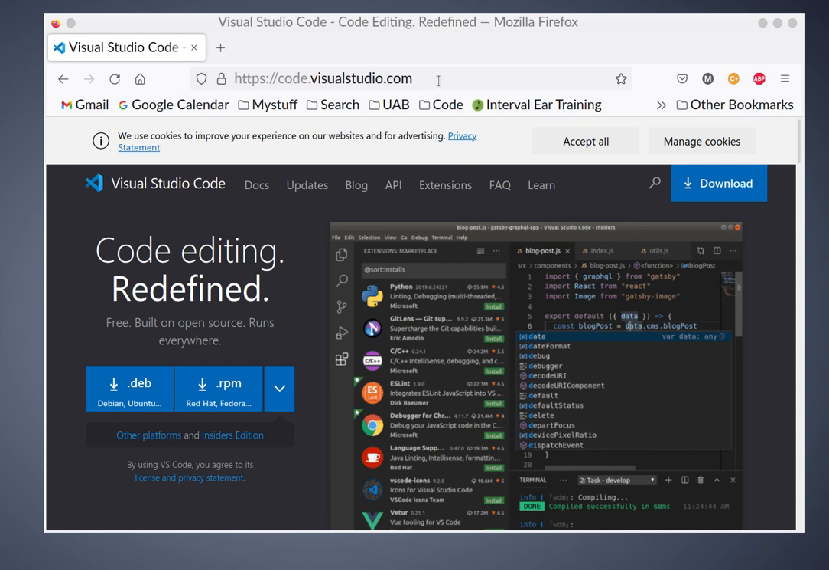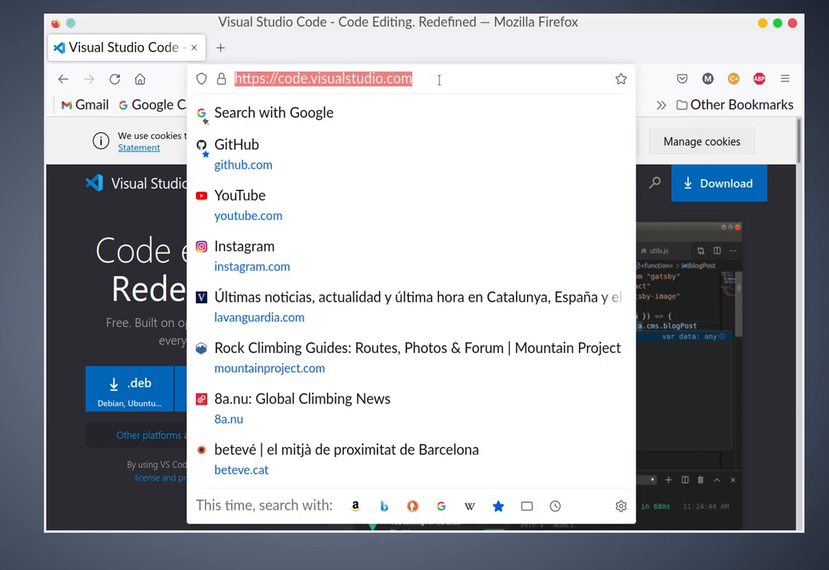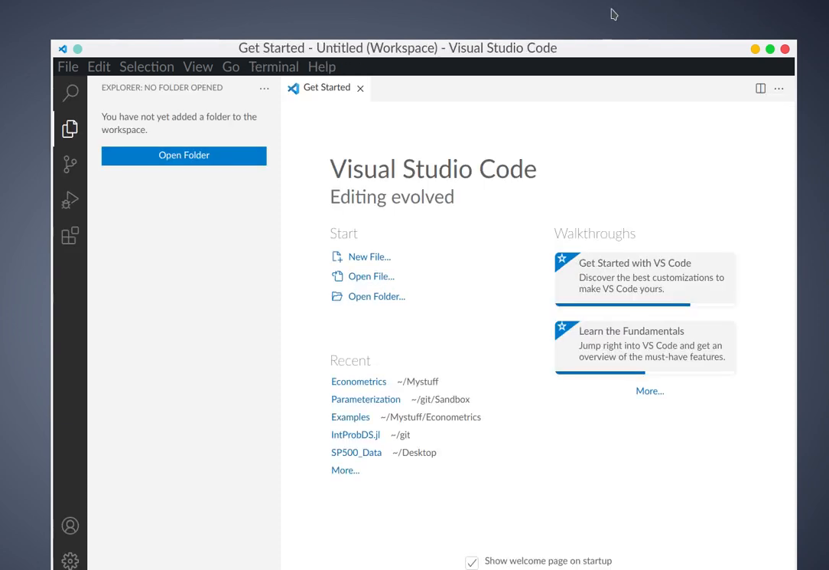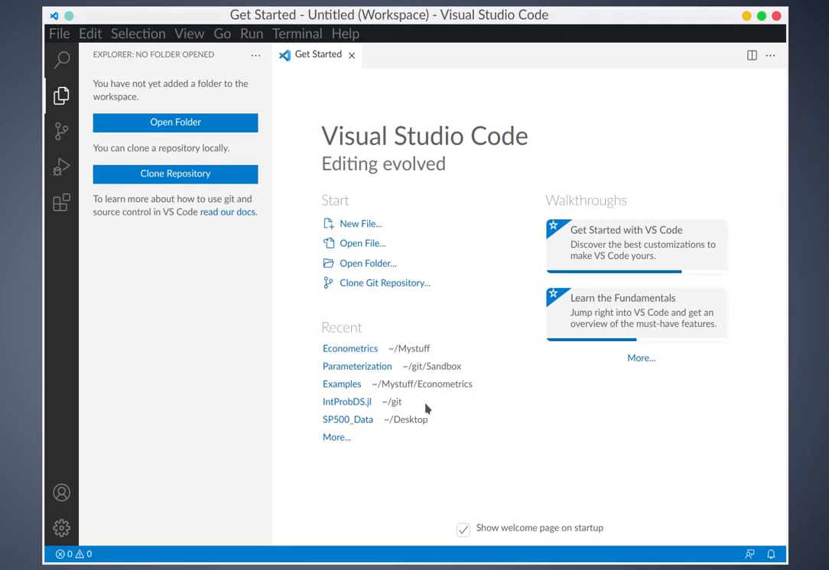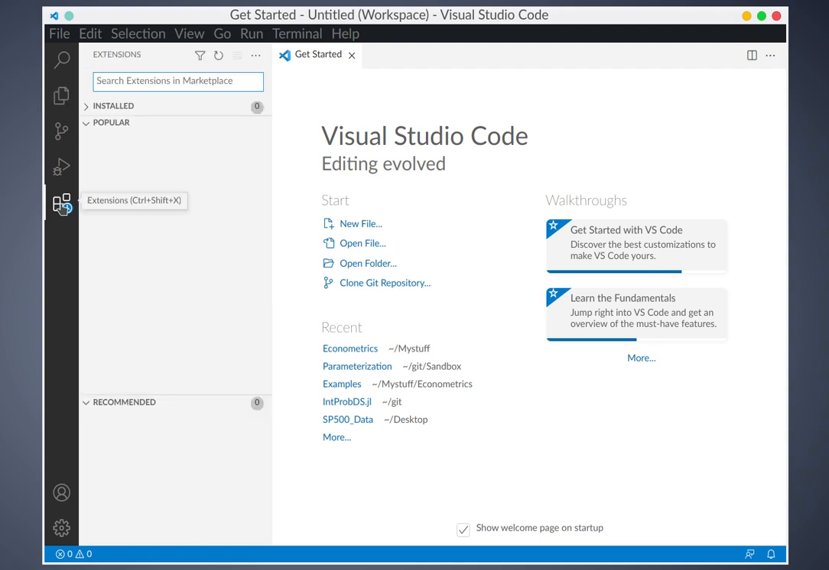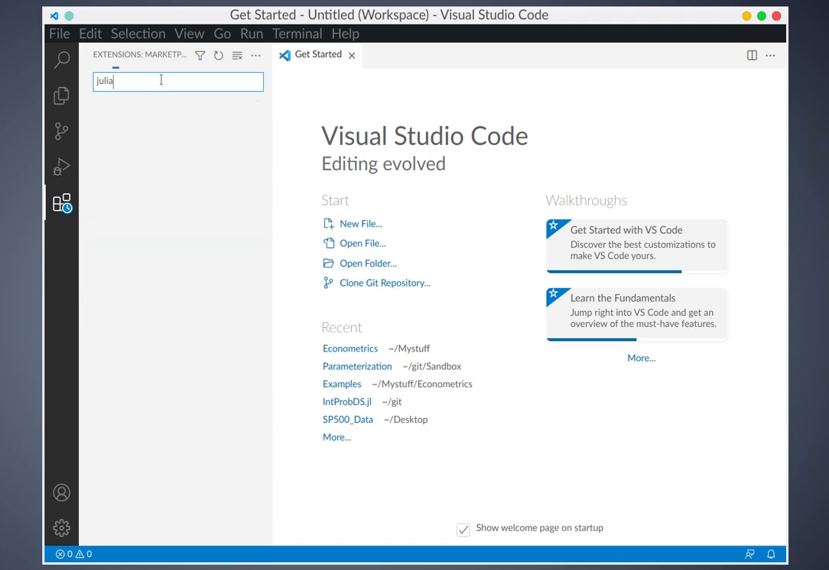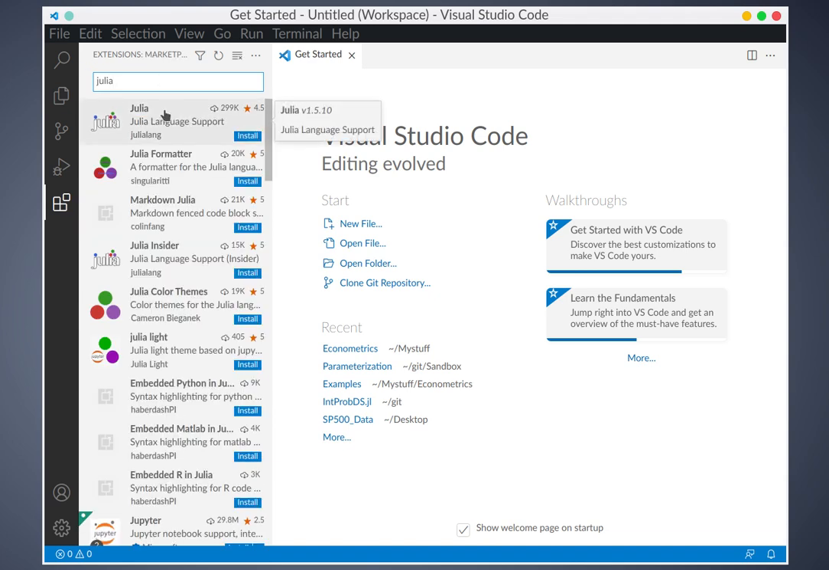The first thing you need to do is install VS Code. You can get it from this web page here, and you've got the download button. Okay, I've already downloaded it, so now let's see how to configure it for use with Julia. You open up the code editor, and the first thing you need to do is install the Julia extension. This icon here is for extensions, so I'll click there, and up here in the search box I just search for Julia, and there we find the extension. Okay, I'll install that extension,